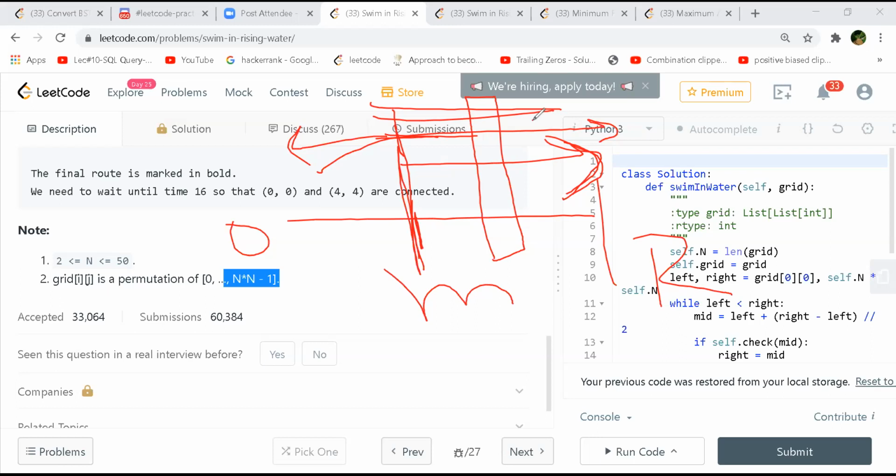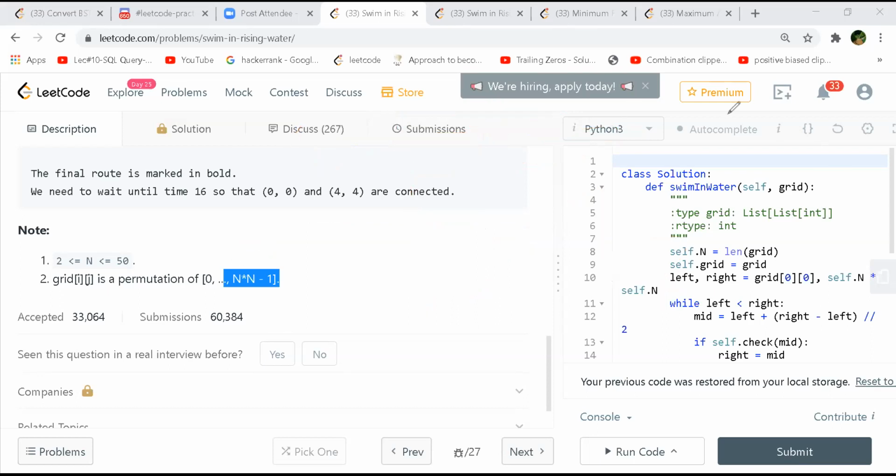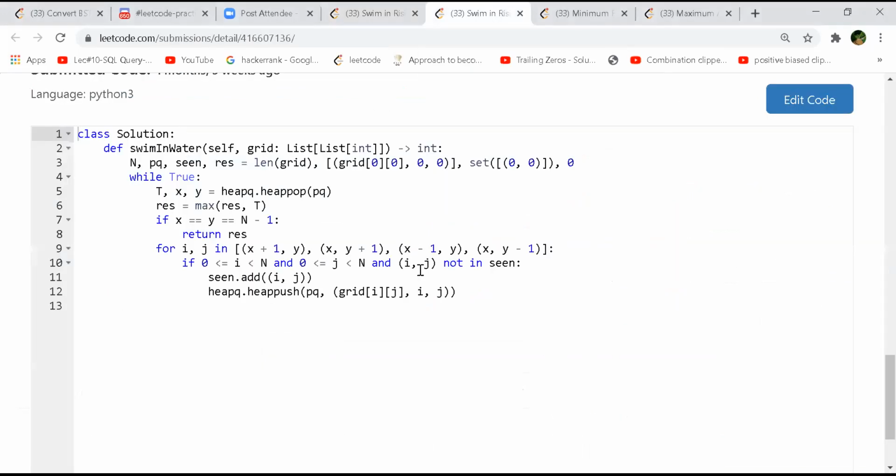Okay, so you are talking about the binary search approach. But yeah, the first approach would be just do the normal BFS, correct? And as you said, we can use a priority heap to always find what is the minimum level. So instead of using a normal queue, you can use a priority queue, which will be a min heap, correct?